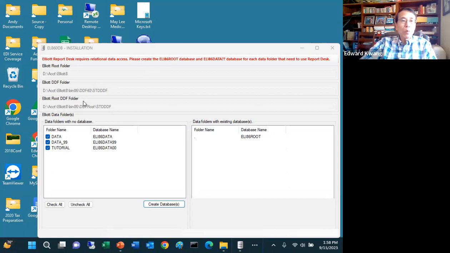And it recognizes right now my local folder has data 99 and the tutorial. So it suggests I need to create the corresponding data names, which are Elia 6 data, Elia 6 data 99, and Elia data 00. This is the convention we use, and we suggest you follow the convention.